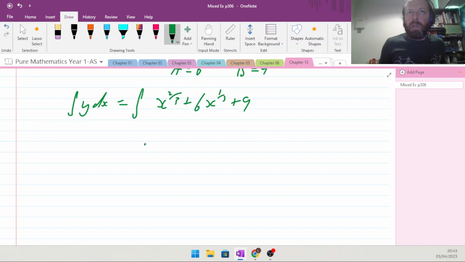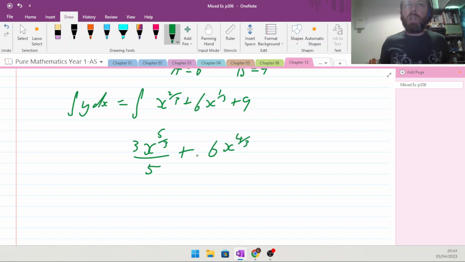Okay, so x to the 5 over 3 being divided by 5 over 3 is the same as being multiplied by 3 over 5. Okay, plus 6x to the 4/3 when you add 1 onto it, meaning we are now multiplying by a 3 on top and dividing by a 4 on the bottom,